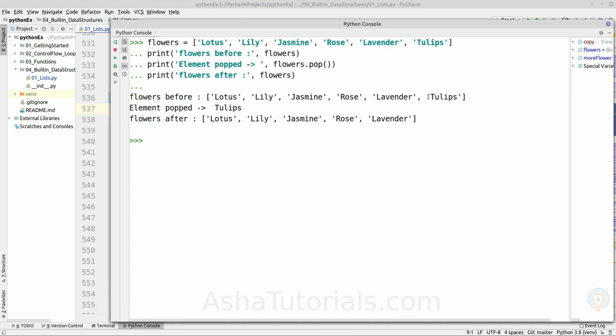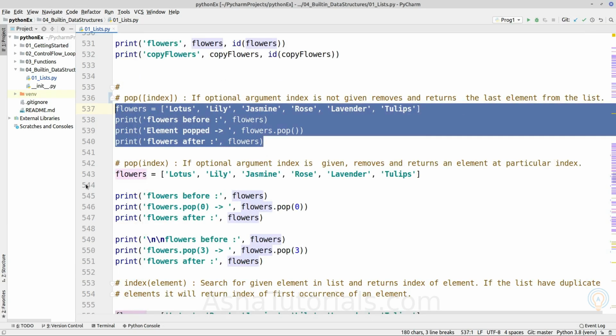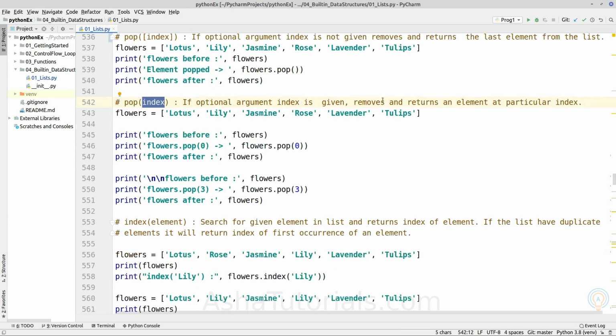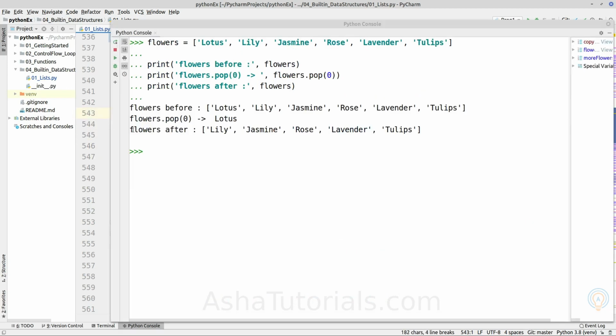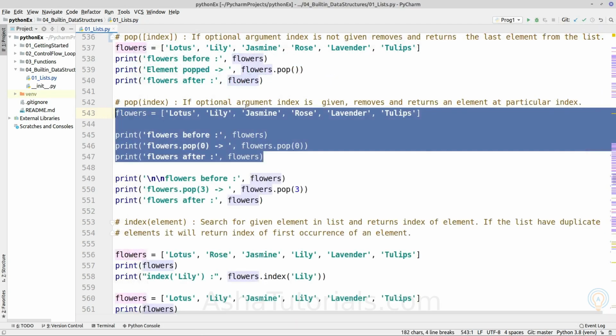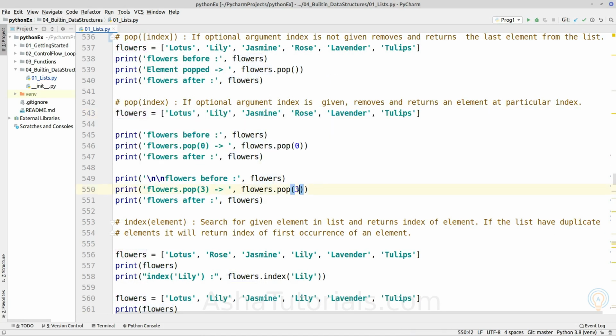As we can see, this element is removed and written here, and this is the list after pop operation. If index is given, it will remove that element at a given index and return that particular element. So if we are popping the 0th element, so this is the first element, it will remove it and return it. As we can see, first element is removed. And if we removed at index 3,